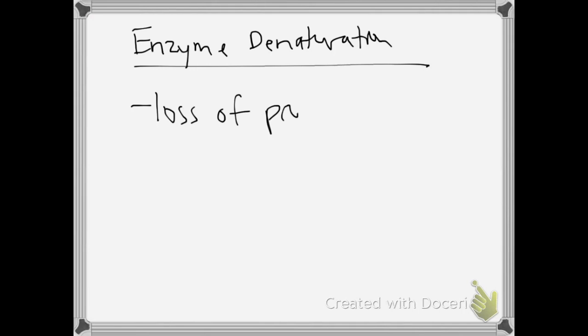So a good question to ask: what level of organization for proteins gets affected whenever an enzyme is denatured? Well, the loss of the protein's 3D shape, if you remember what step 3D came in,